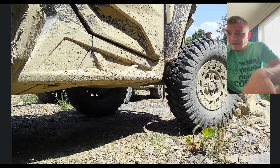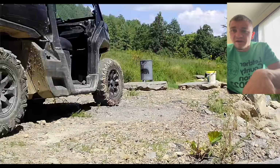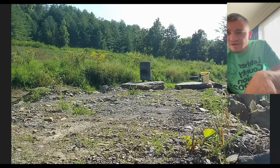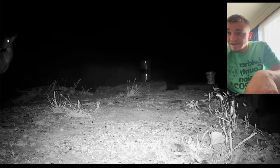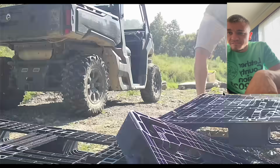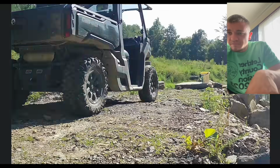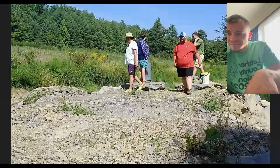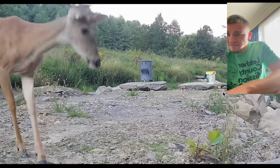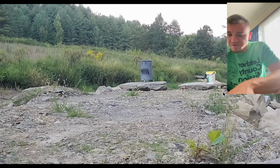There's me, and this is the day I actually put up that other trail camera right there on that bucket. So we'll skip through these real slow. And that first night, didn't see anything on this camera, except deer. Second night, didn't see anything either. We're going to keep on flipping until we start seeing some stuff. Here we got another doe. I don't know what it's looking at, maybe a fish or something, but...